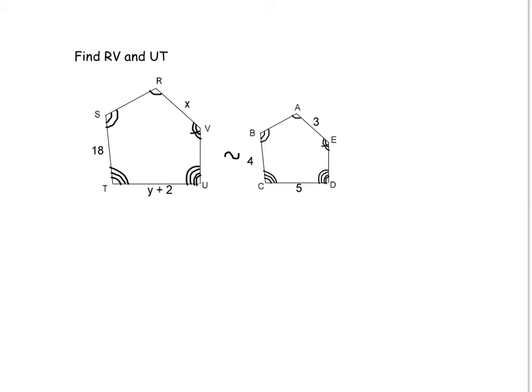Okay, so in order to find RV, we got to find X. Well, I know now that the corresponding sides are going to be proportional. I got to find a side that matches up. It looks like BC right here. BC would correspond to ST, which means now 4 is to 18, as now on the right side 3 would be to X. I can now cross multiply, and I'm going to get 4X is equal to